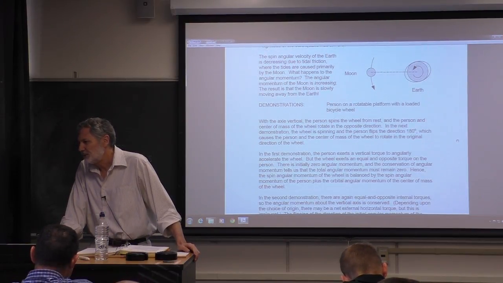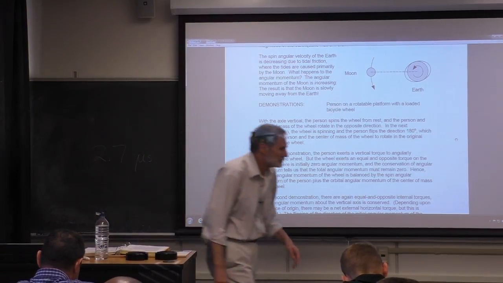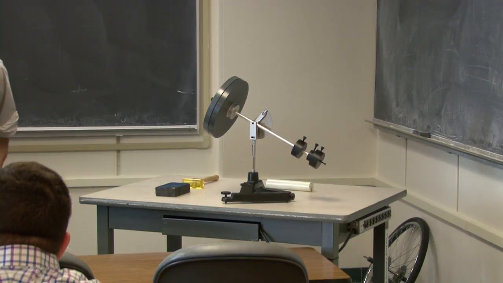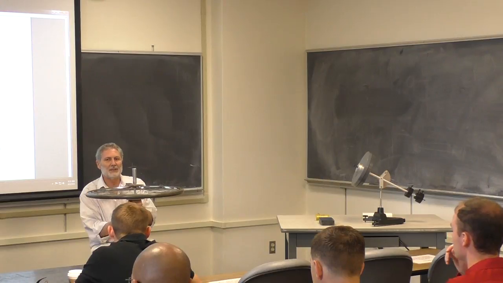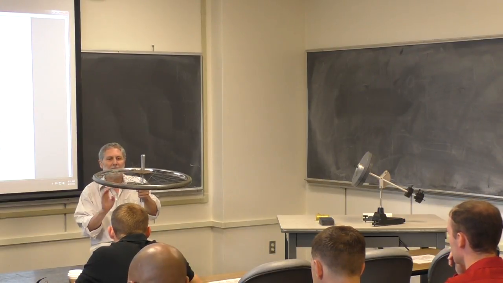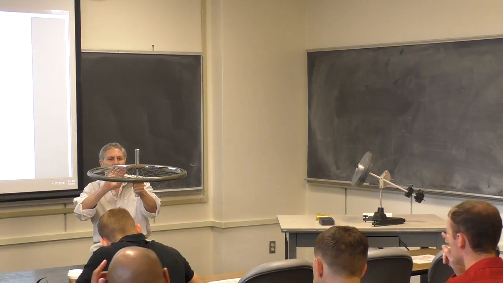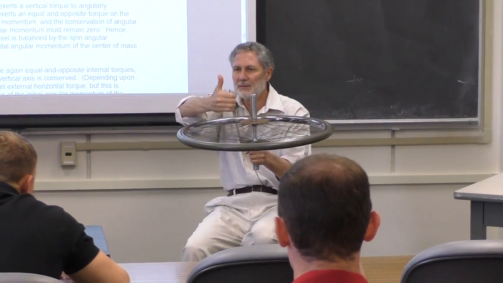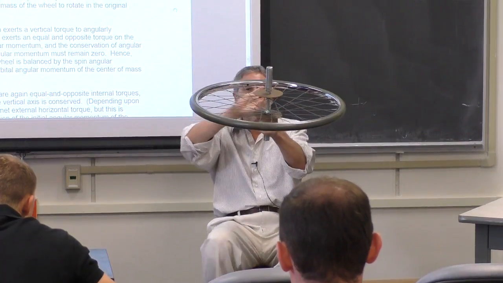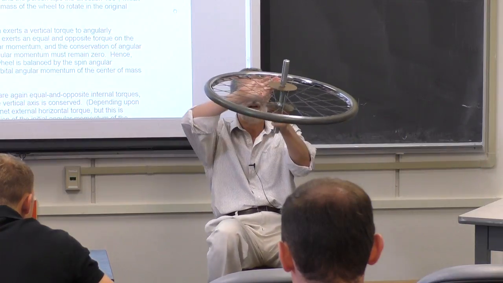Okay, let's do some more demonstrations here. Here's one. I'm going to use this loaded bicycle wheel here. Here's the system. It's got initially 0 angular momentum, right? And now I'm going to give the disk some angular momentum. Watch what happens. So I'm going to spin it this way. Which way does its angular momentum point when it's spinning this way? You put your fingers in the direction it's rotating, it's up, okay? So watch what happens here. I'm in an essentially isolated system. Same thing would happen out in space. When I spin it up,